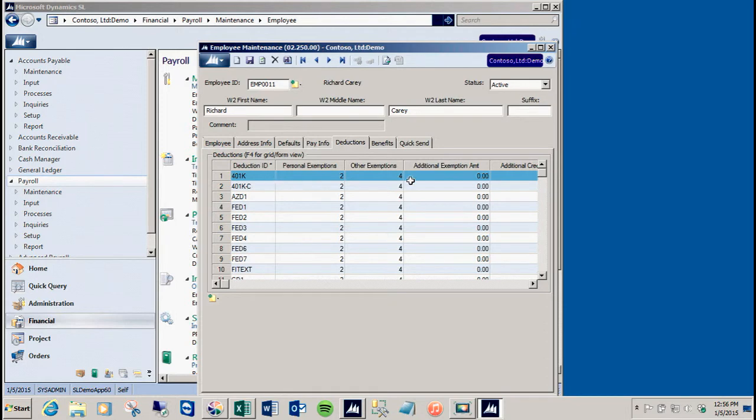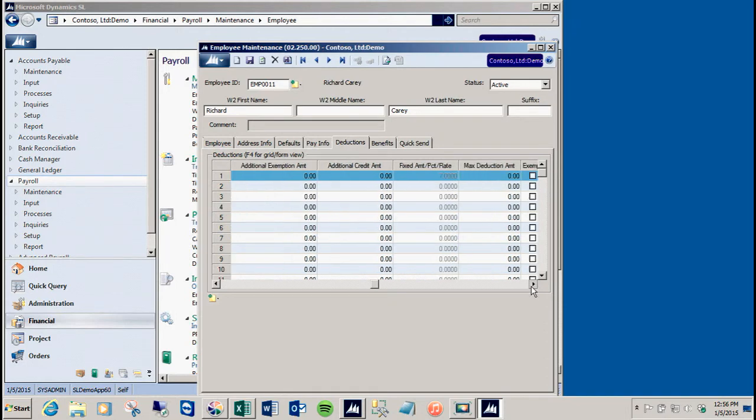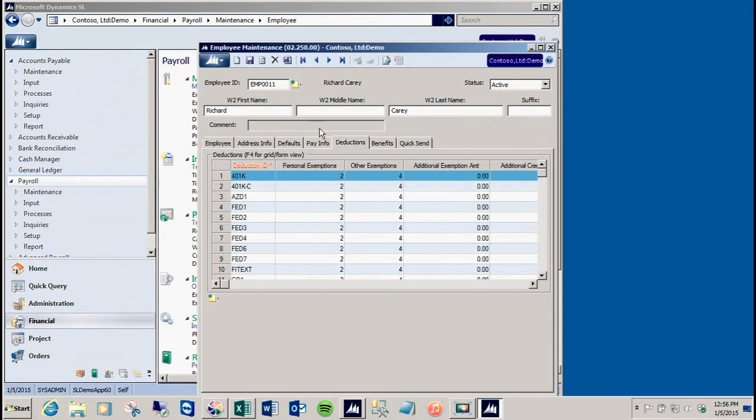And I'm going to go to his deductions, and I'm going to change his 401k from 7 to 7.5%. And I'm going to put a comment on that 401k change. Now we could have done that with one change and one save. It would have created only one history record. In this case, I decided to make it 2 history records. So now I'm going to go ahead and close the employee